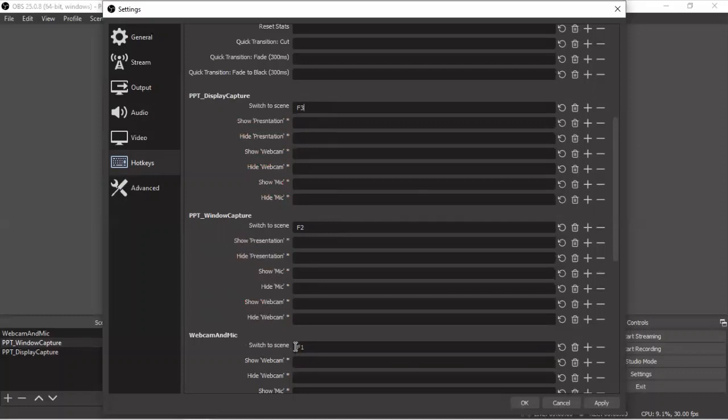So that if I want to only scene one, then I can press F1 and record my PPT. If you want scene 2 PPT along with the webcam audio, then select F2. Scene transition can be done. If you want a display capturing mode, then you can select F3. These are the controls you can select even if you minimize the OBS while recording the program. So click apply and OK.